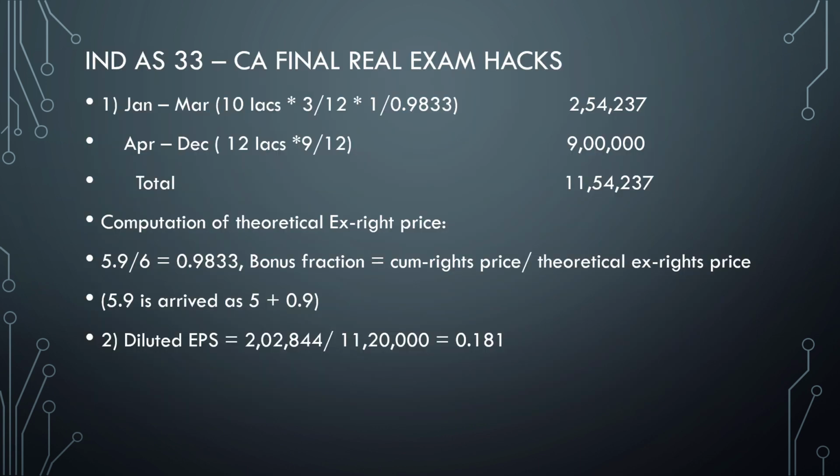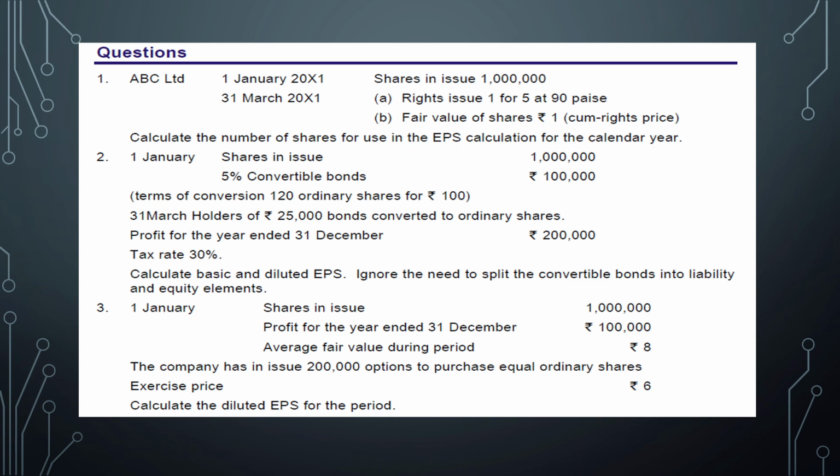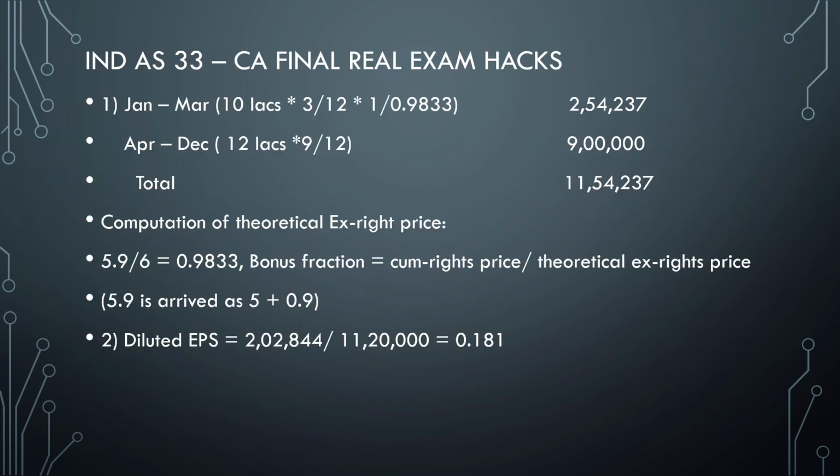If you see, it is a fairly straightforward question. What you have to do is, January to March is 10 lakhs into 3 by 12 into 1 divided by 0.9833. Sir, how did I get 0.9833? It's fairly simple. 5.9 by 6 will give you 0.9833. 5.9 is nothing but the 5 rupees plus 90 paise, divided by 5 plus 1, that is 6. Then the bonus fraction can be arrived at as cum rights price by theoretical ex rights price. So that will be 1 divided by 0.9833, which you can see above. So that will give you